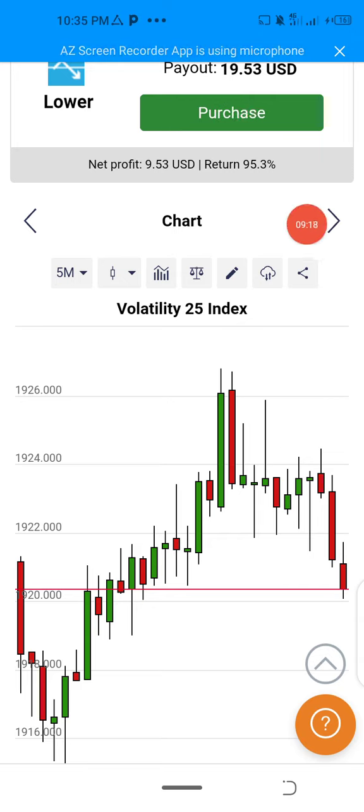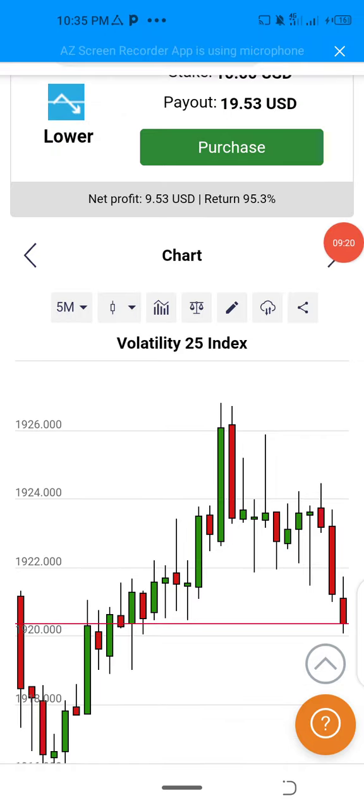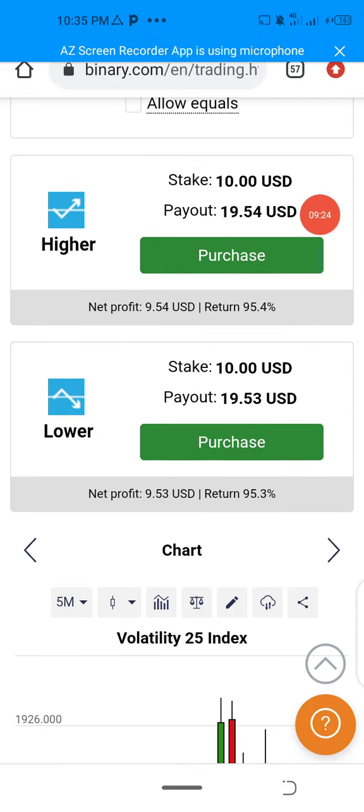So what we are going to do next is go up to this purchase lower. Now you have to see this and understand what is purchase lower and purchase high. This is purchase high and this is purchase lower, and right now we are about to purchase lower. Why are we purchasing lower and not purchasing high? The reason we are not purchasing high is because we know that the market is going down, and if you purchase lower it means the market is going down. But if you purchase high, it means automatically you are trading against the market. You are telling the market that it must go high, while the market is supposed to go down.